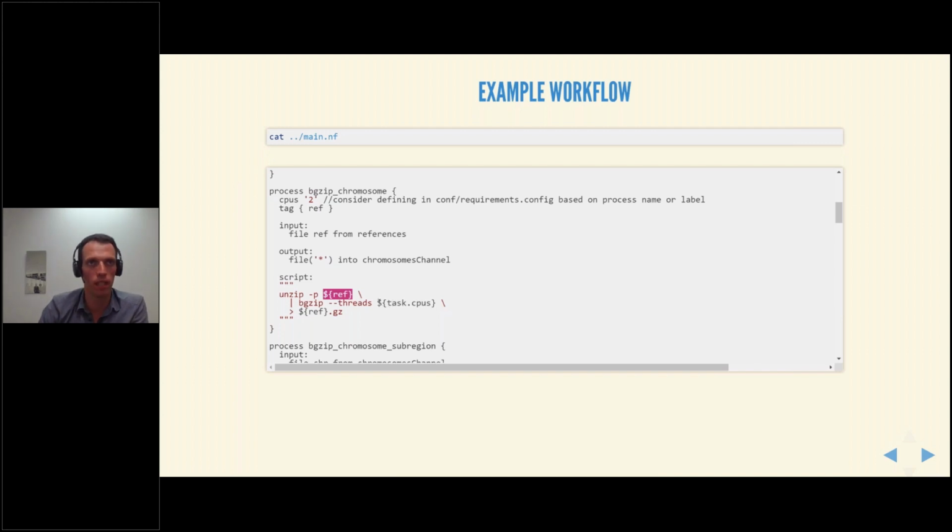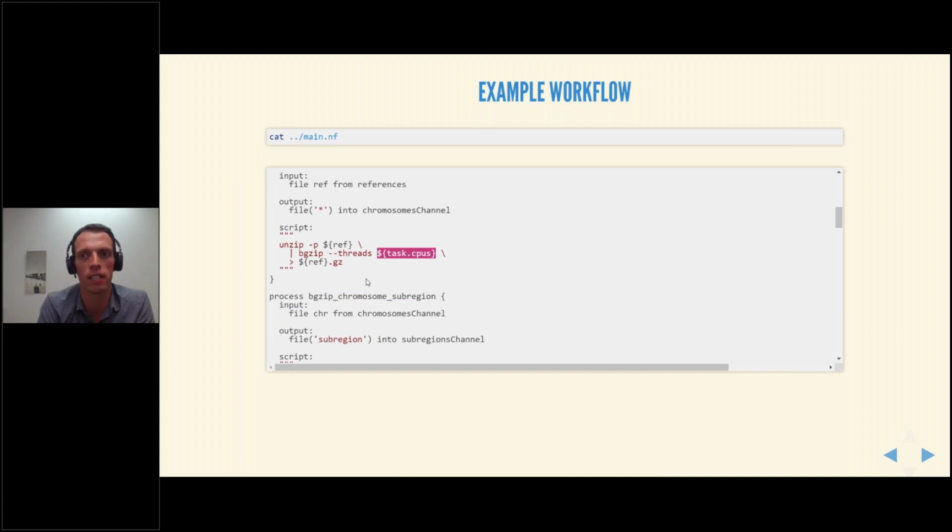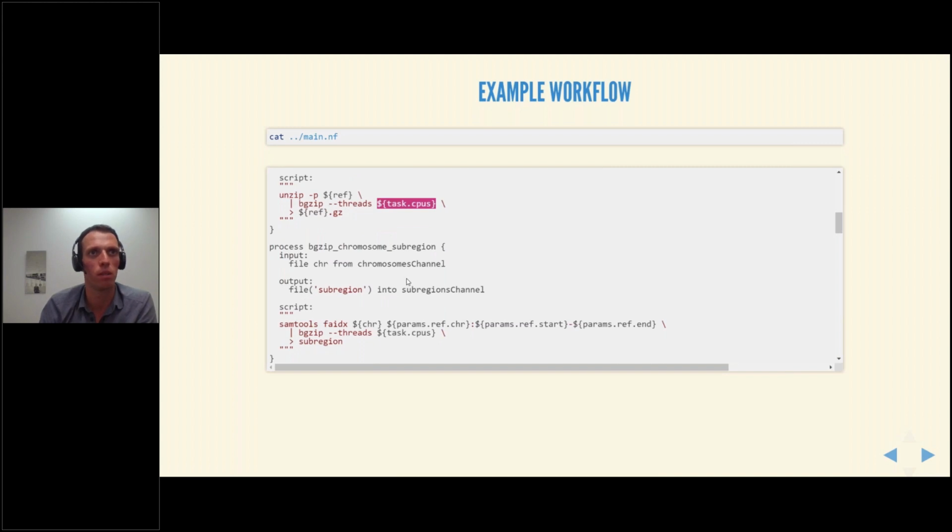Similarly, the number of CPUs or threads we want to use will be embedded in the script before this is passed to bash. So there are ways of separating and escaping variable names to make sure that you use the right one. I guess this is a common cause of problems early on, but there are also different ways of defining the script block which help with that, especially if you would have to have a lot of those.